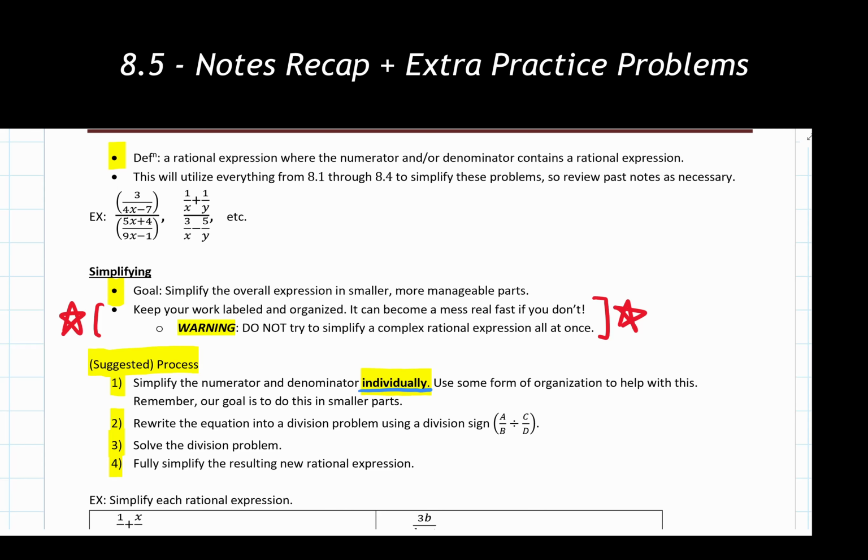Now, an easier time doesn't mean a shortened time. You will still find problems that take you 5, 6, 10, maybe 20 lines of work to go through when you do every single step in this process. But that's okay. Some of these problems are going to get gross and terrible and all over the place with what they have you do. But again, if you can do it in small, manageable parts, then you're doing just fine.